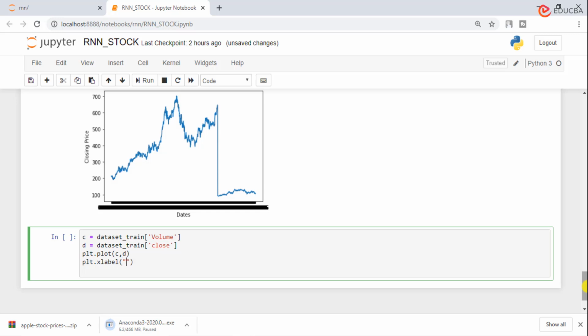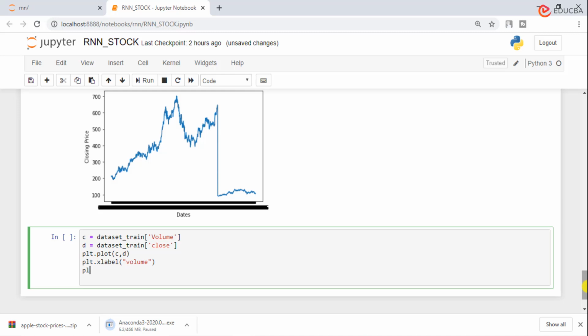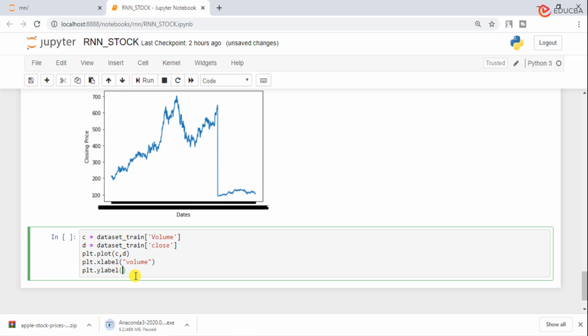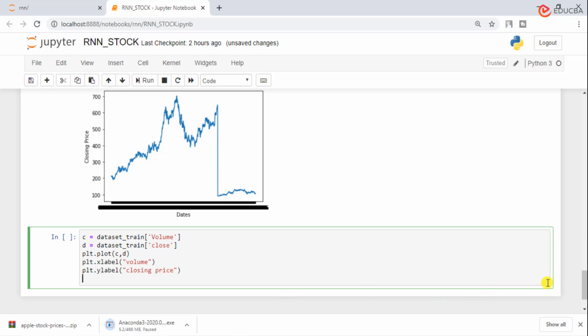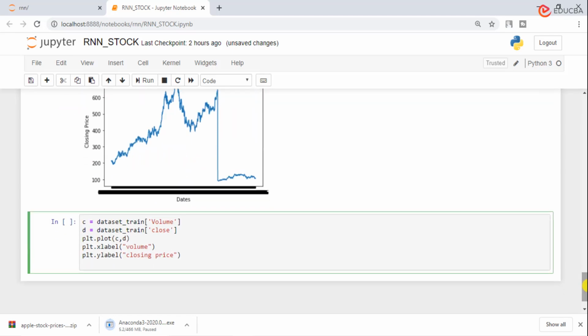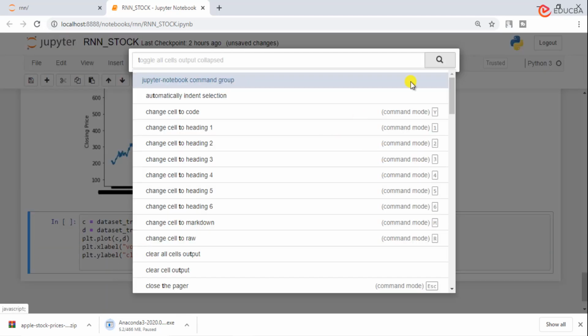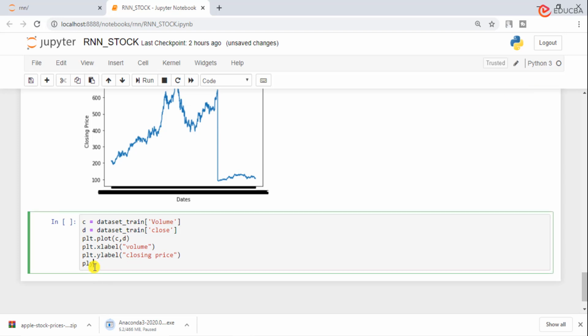So on x-axis we have volume of shares, and on y-axis there is the closing price. Also, to visualize the graph, we will write plt dot show and run this cell.